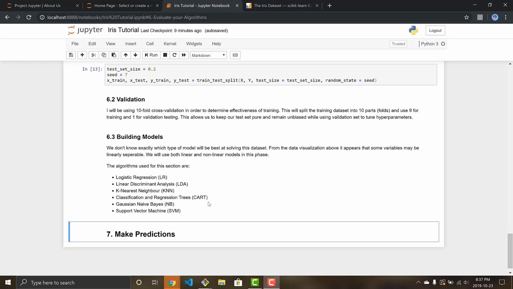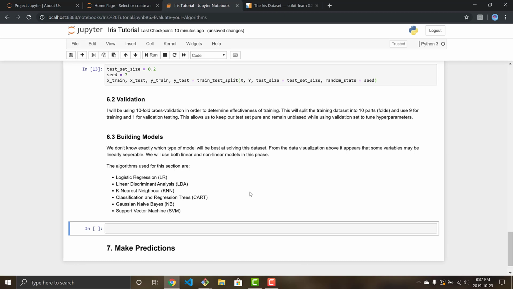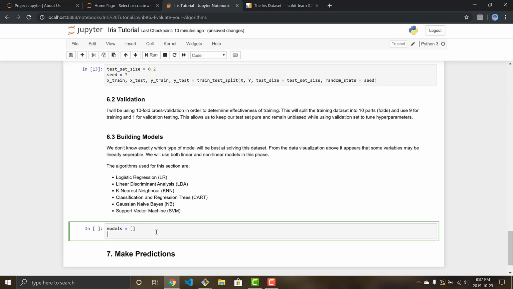And I'll have future videos where we go in depth about these algorithms and what they're actually doing. But for this, it's just an intro video. We're just going to show you how to create different models using these and then see if they're any good. So pop up a cell, create a list of models. So models equals empty. Now we're going to go ahead and start adding in our models. So models.append, and this one will be our top one, logistic regression, label LR, and then logistic regression,